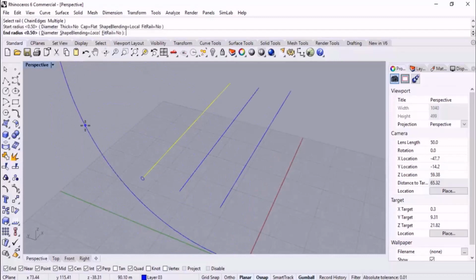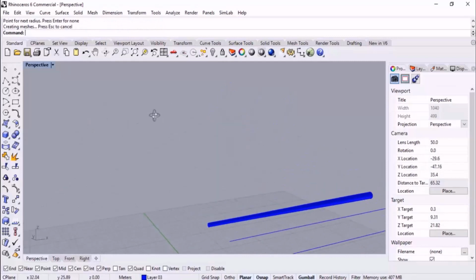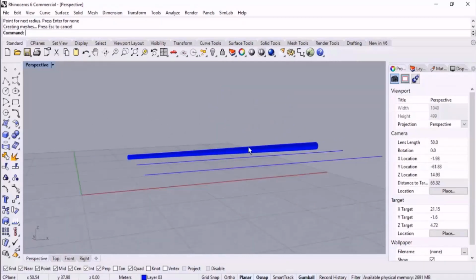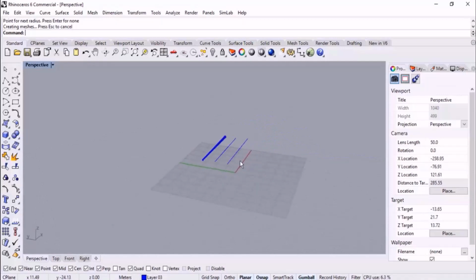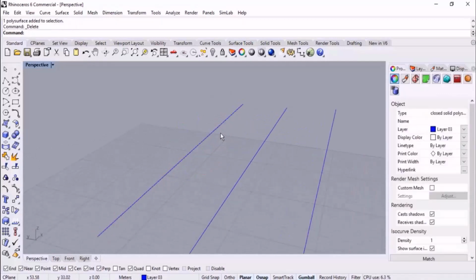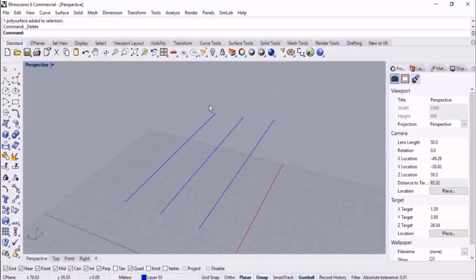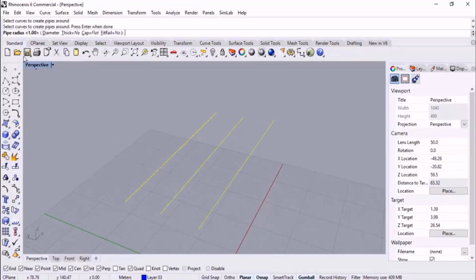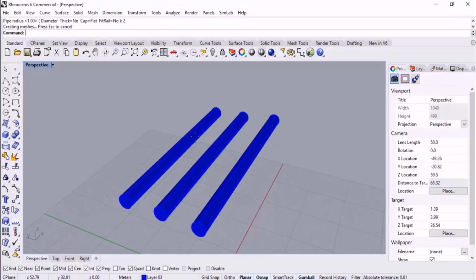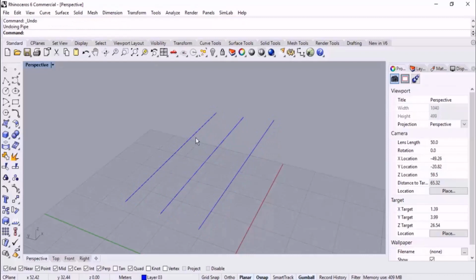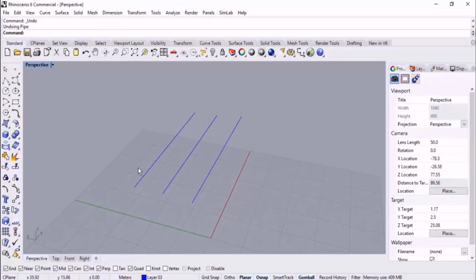asked to specify the start and end radius of the pipe. For example, 0.5 for the start and 1 for the end. Check this out. This is the result. But this is not practical for your current level. So you'd better use multiple while you want to create pipes. Since when you create multiple pipes, you won't be asked to specify the radius of the end and start parts of the pipe. So you select it, then you specify the pipe radius, for example 2, and then you have